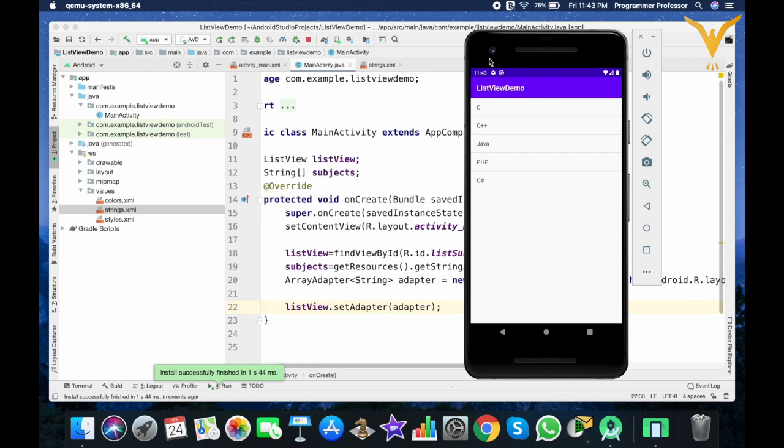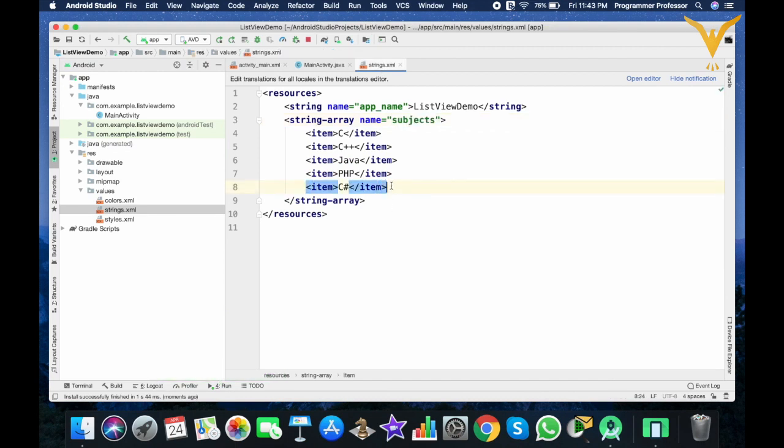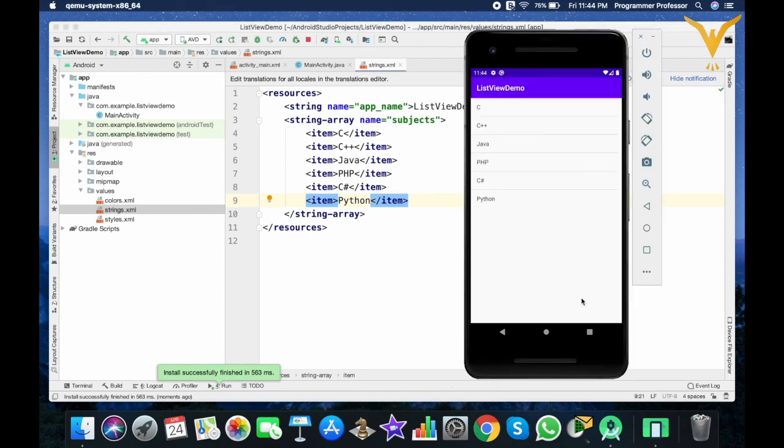Now let's add one more subject, Python. Now let's run it again. Yes, Python is added. Now if we click on this, we are not getting anything, so let's implement a click listener on this.